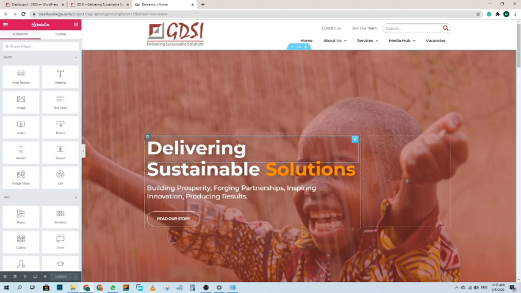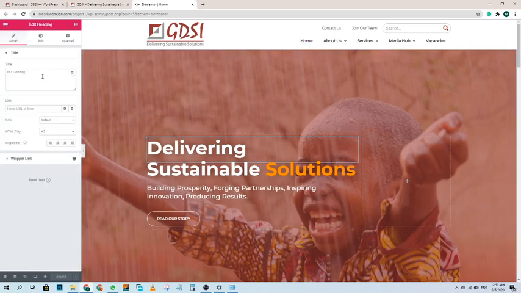Now if you want to change the content of this delivering part, just click on this pencil icon, and from here you can add the text whatever you want to add. And after making the change, don't forget to click on this update button.